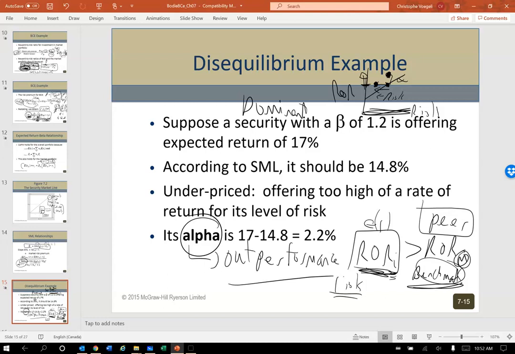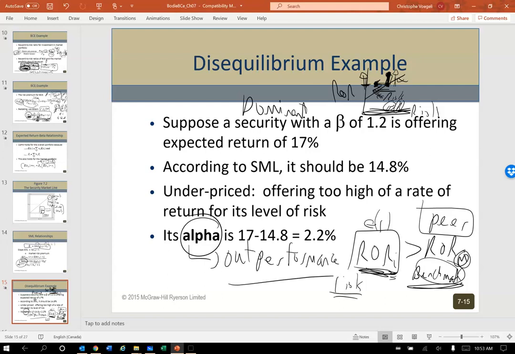So the young male is excited that we're getting him alpha. He's getting a better rate of return for the same amount of risk, whether it's standard deviation or beta. The person like my dad is just happy that he could lower his risk profile and still get the same rate of return. But in his head, the first thing he's happy to hear is less risk. The young male is happy to hear better rate of return.